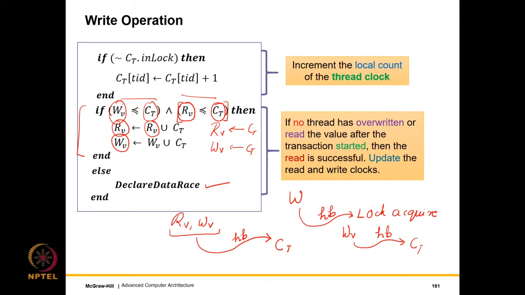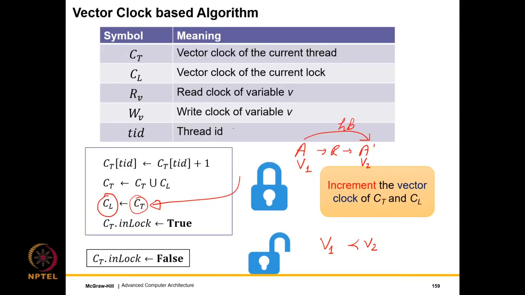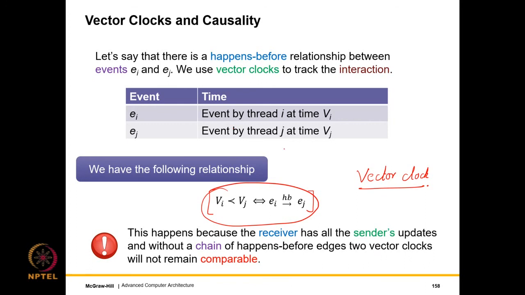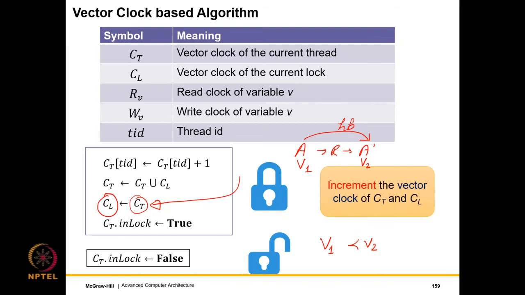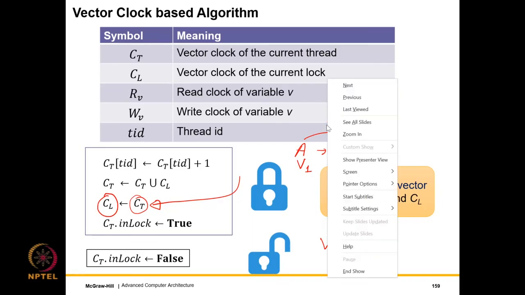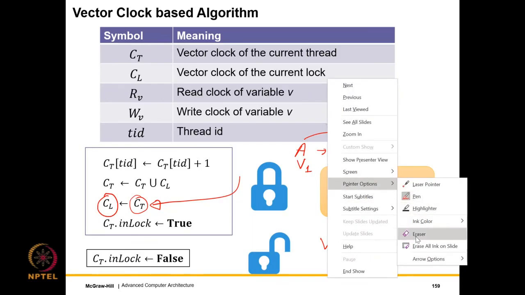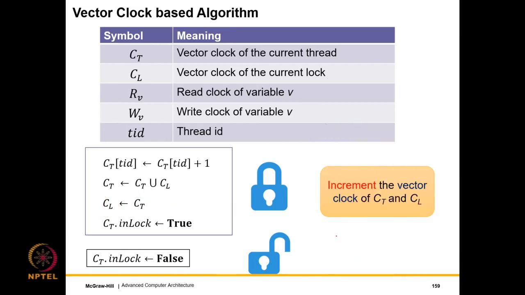So this is a fairly simple algorithm, and the crux of the algorithm follows from this equation over here, where we are linking the precedence of vector clocks to a chain of happens before edges. If that is understood, the rest is quite easy to understand, where you can see what is being treated as a message over here. Okay, let me maybe explain this slide in a slightly different manner.